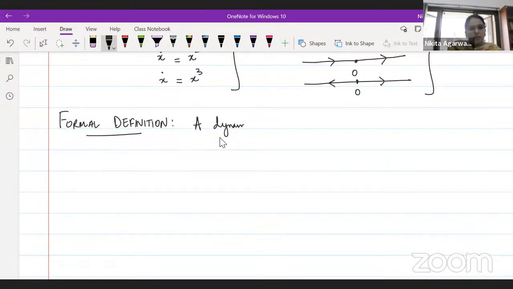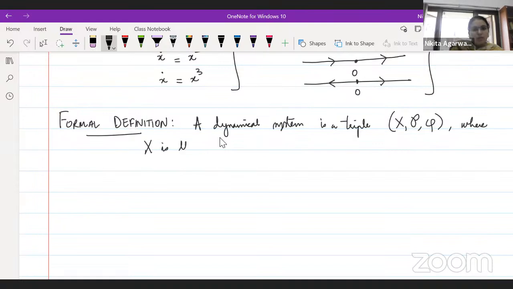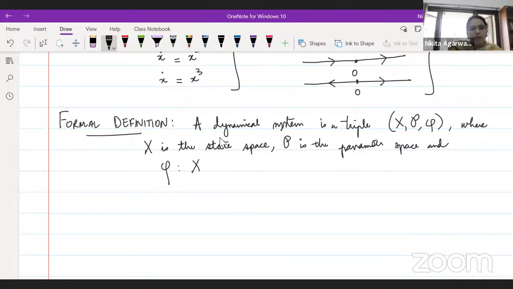A dynamical system is a triple X, P, and Phi, where X is the state space, P is the parameter space, and Phi is a map from P cross X to X,